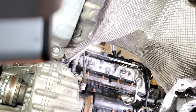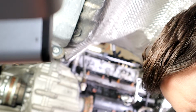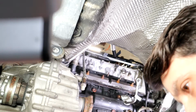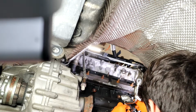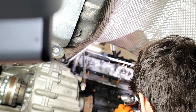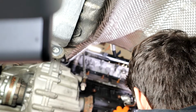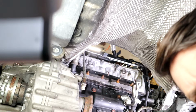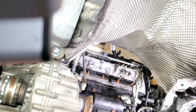Like I was saying with these stock gaskets, if you have issues getting them off, usually they're tapered so you can thread your bolts in a little bit. And I'll show you. So they're tapered so it'll hold your bolts if you thread them into it a little bit. If you're having trouble holding it up there, or holding a bolt or something, sometimes it helps out. Okay, and going to go ahead and